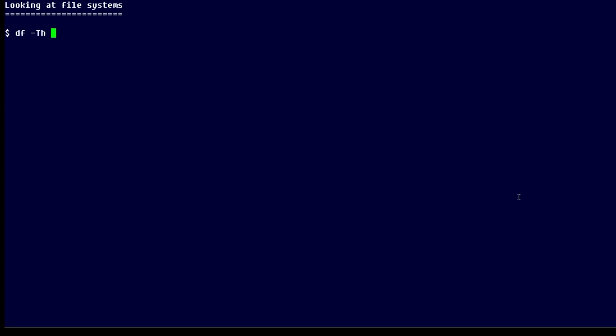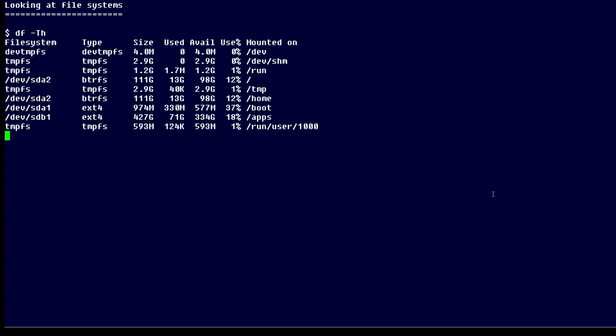Linux systems use a lot of different file system types, so here's an example of this command's output. And you can see we have as the second column the type, so that's a file system type right there. And the ext4, like this one down here, and the btrfs, also known as the better file system. That's what some people refer to, betterfs.